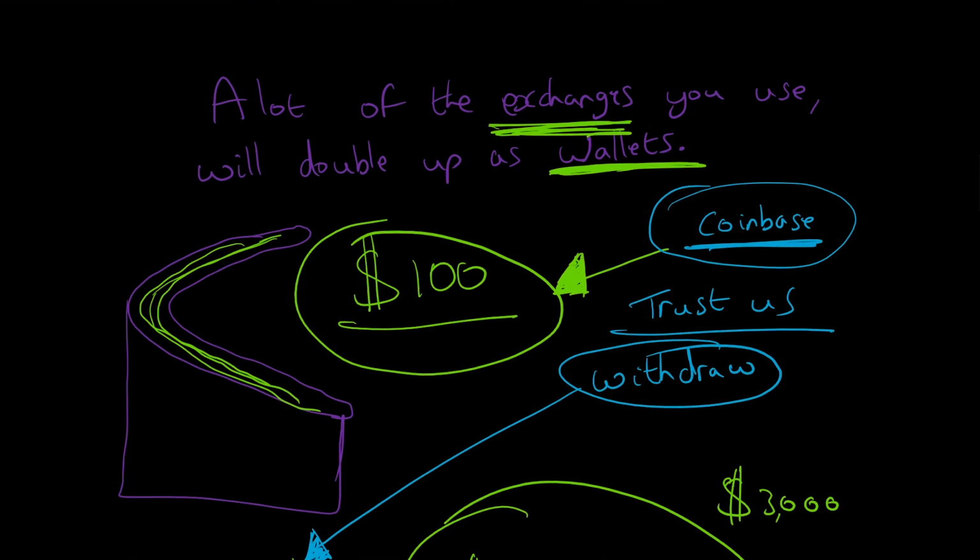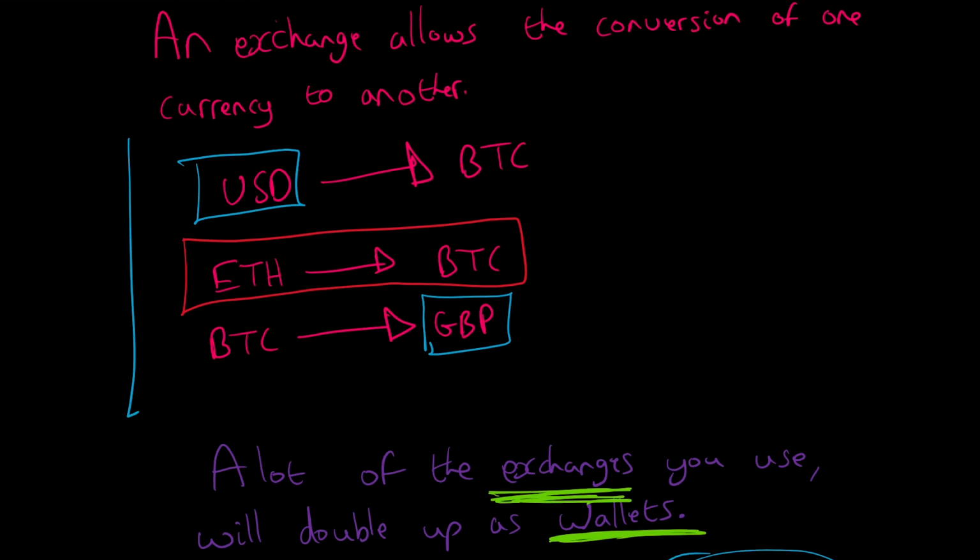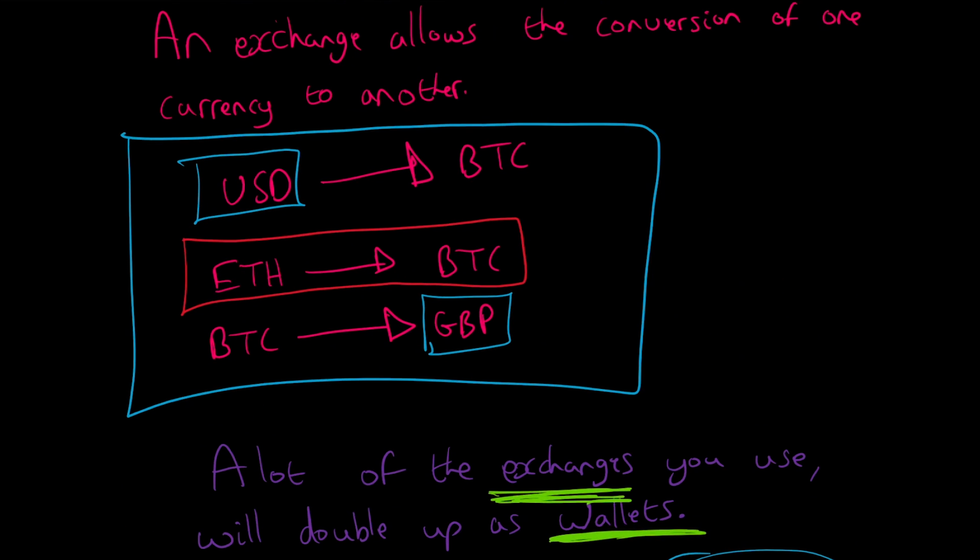So that's the difference between an exchange and a wallet. Like we're saying, a lot of exchanges actually double up as wallets in some fashion, and most people will probably not use wallets in their core form, especially not in the, I would say, medium term. They'll probably use exchanges which have wallet functionality just because it's easier and it's familiar in terms of using a bank. So that's it in terms of exchanges. The biggest thing you need to know is that it allows you to go from one currency to another, and a wallet allows you to store them.